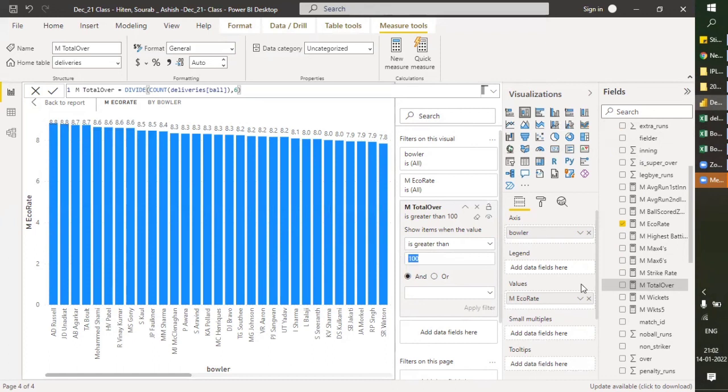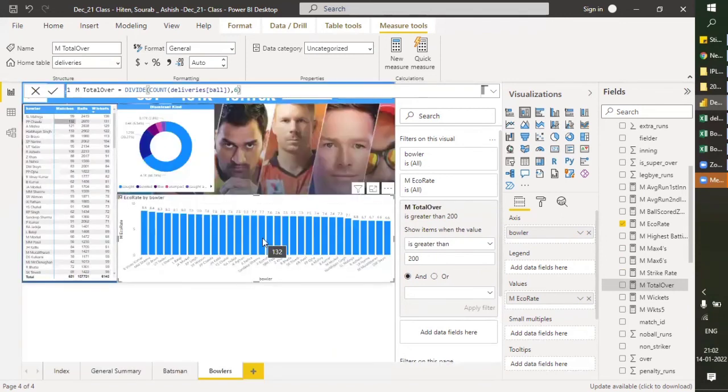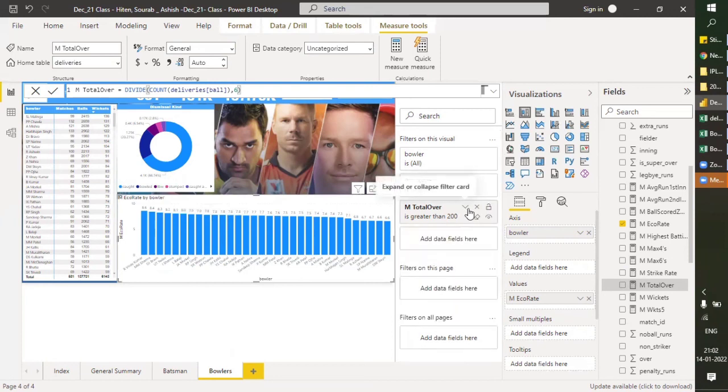Let's make it 200. 200 means at least 4 seasons the player has played. Now we have something here. Vinay Kumar, let's keep this like this. Now this is something useful. So Vinay Kumar has 8.6 economy rate. So I'll come back to that.